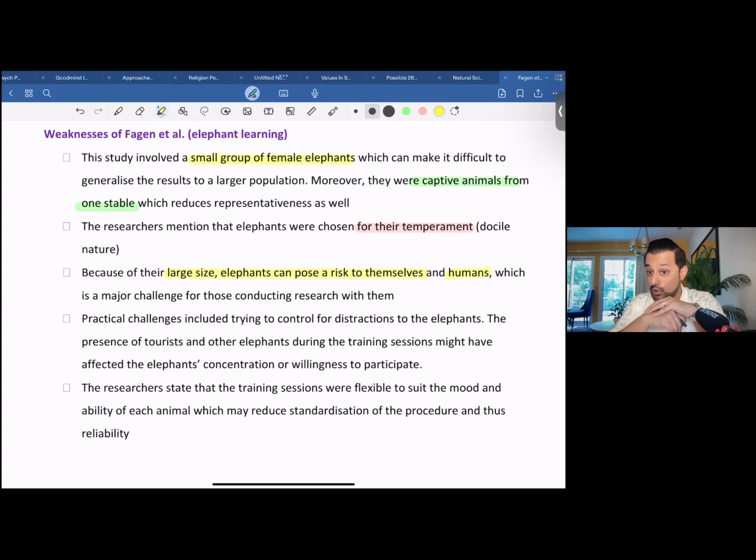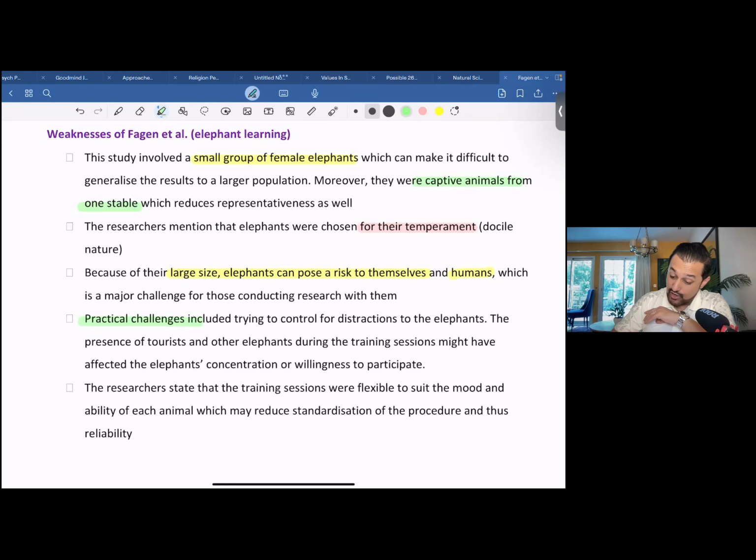They were doing it with all the good intentions. Nonetheless, these animals are animals. There's the possibility of them not cooperating and potentially being dangerous not only for themselves but for other humans, including the researchers as well. So moving on, the fourth disadvantage, practical challenges included trying to